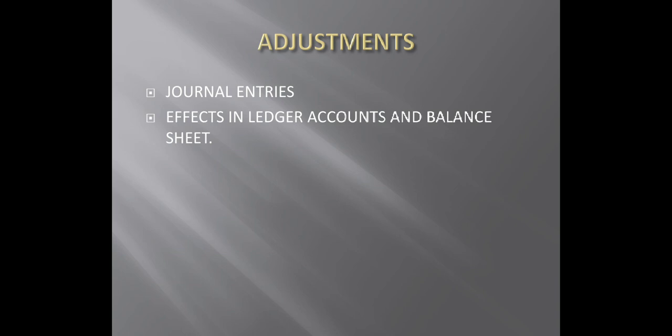And if we are talking about the effects in ledger accounts, in the previous lecture I also asked you to be ready with your ledger accounts when we come to the third lecture. And as for the balance sheet, you know very well that you are going to write down all the new values of assets and liabilities in the new balance sheet. Alright,